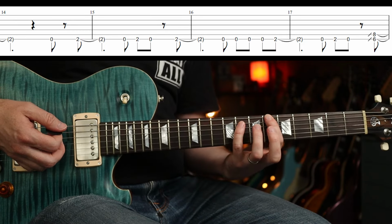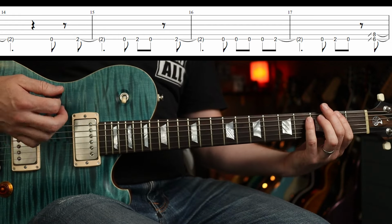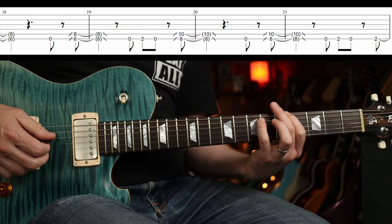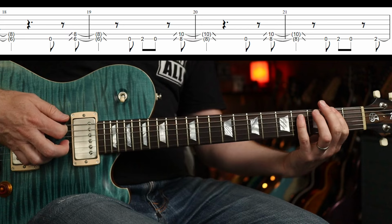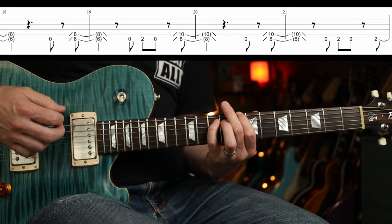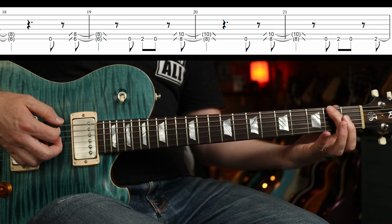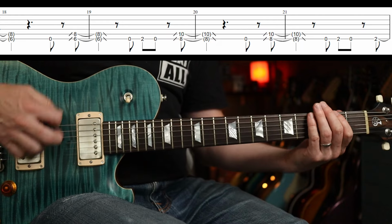So we're going up to the 6th fret here, right? For the B flat. So you slide both notes at the same time. Then up to the 8th fret. And then this next part is a bit of a variation on a theme. So we'd have...